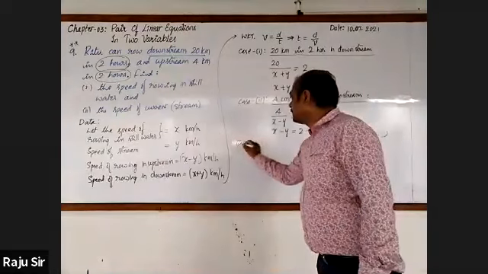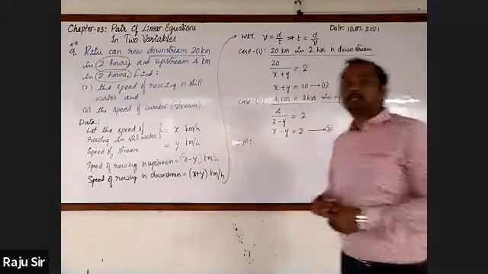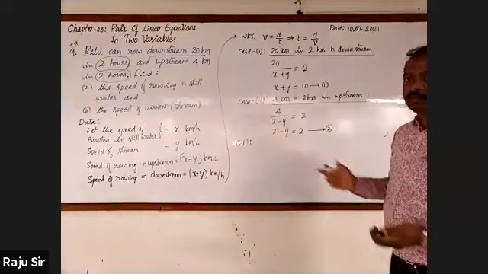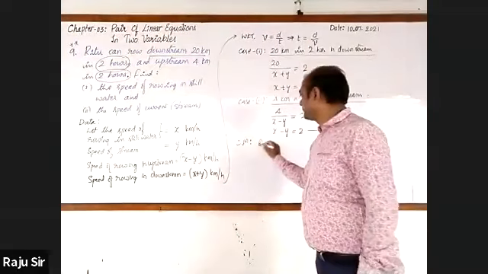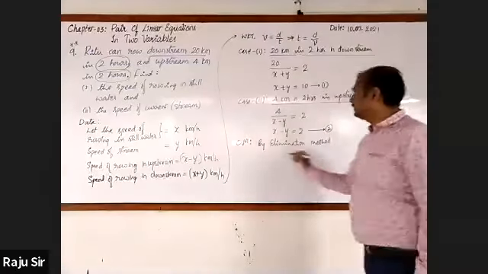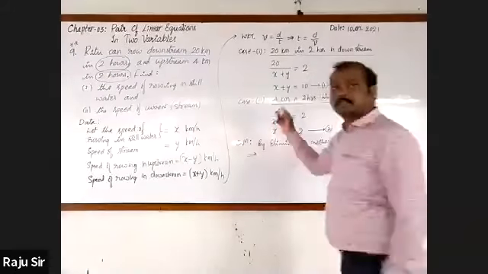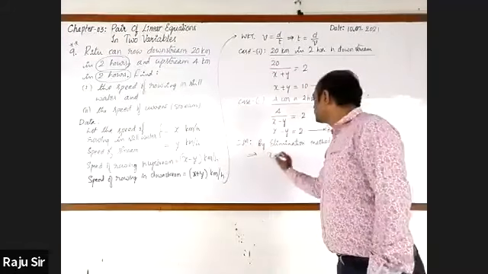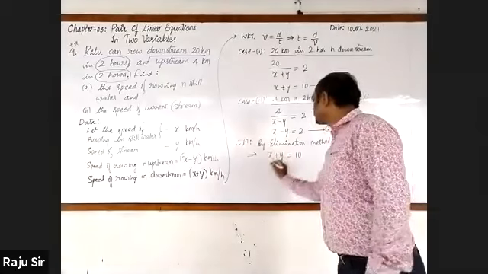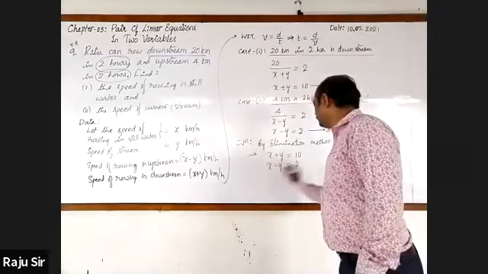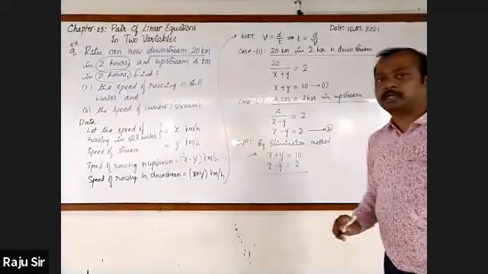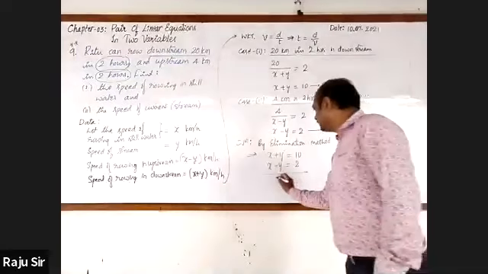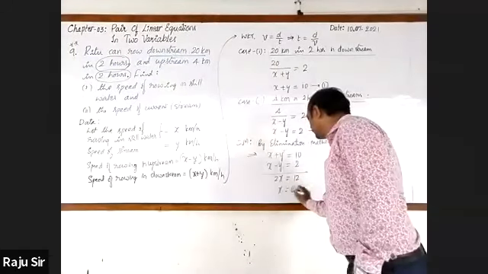Now, let's move on to calculation. By which method? By elimination method. It's very simple. Let me write both equations as they are. Equation 1 is x plus y is equal to 10. Equation 2 is x minus y is equal to 2. Here plus y and minus y get cancelled. Then 2x is equal to 12, so x is equal to 6.